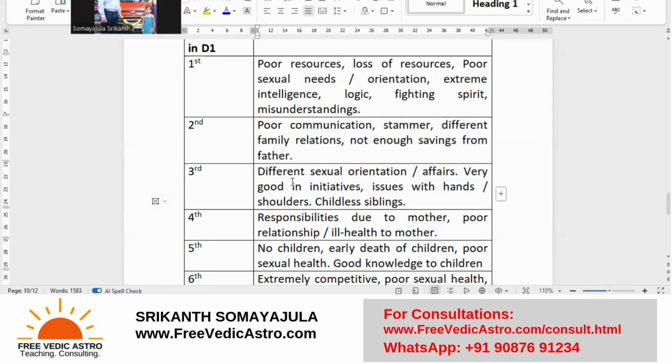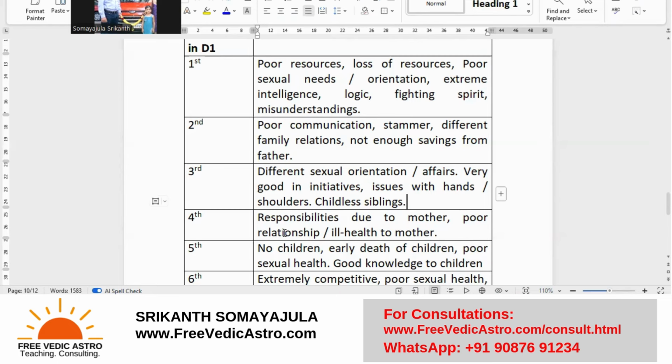4th house, you can see it's ruled by the moon, right? So you can see the moon when it comes into Aries, where Mars is ruling in the D1, right? So in combination with Mars, the moon becomes debilitated, right? Where does the moon debilitate? The moon debilitates in a Martian sign, which is Scorpio. So the moon is called the Nichanatha, right? And Mercury doesn't like the moon much. Not much in the sense, Mercury doesn't like the moon at all, right?